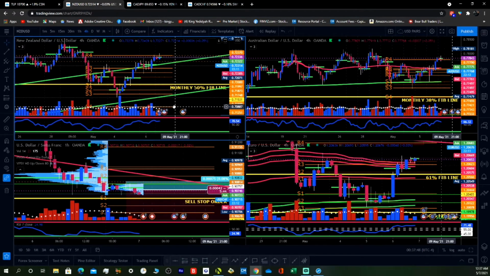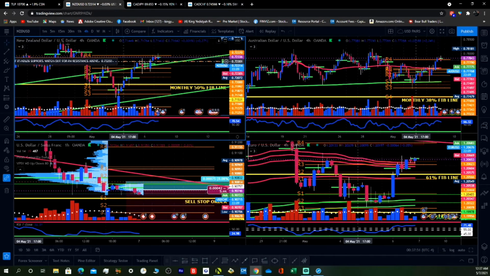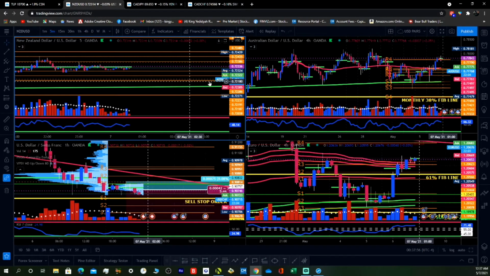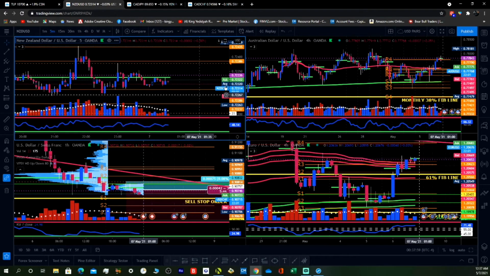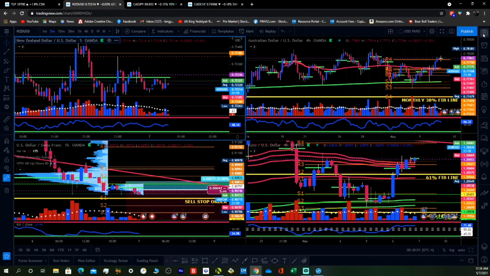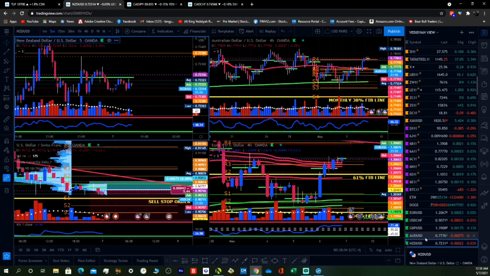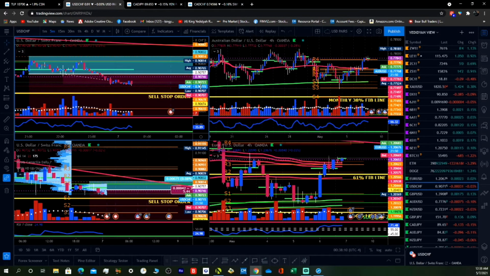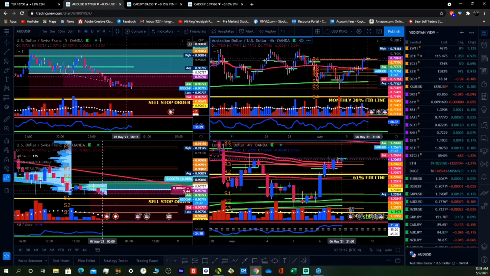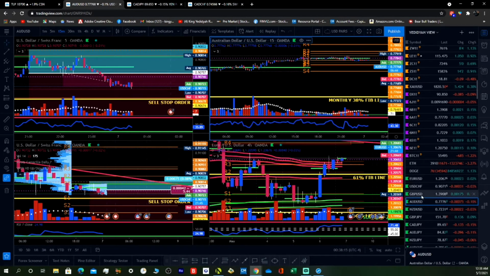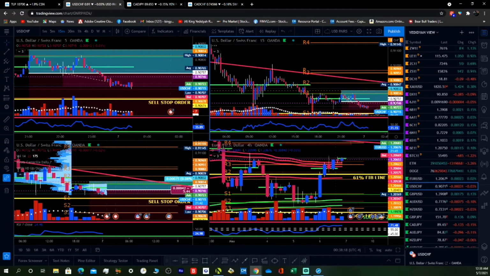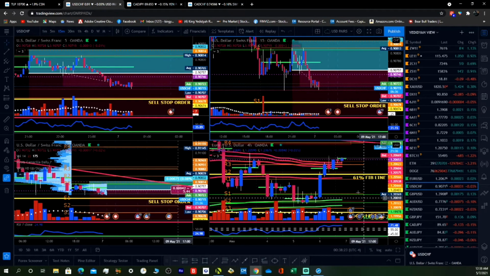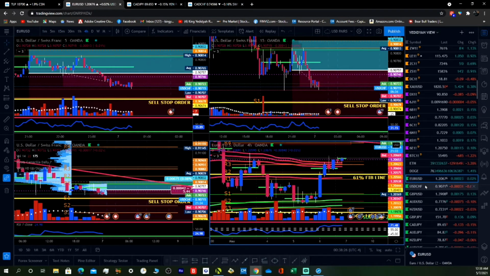And I usually have all these charts. I look at different time intervals. So this would be my 5 minute for the USD Swiss. But then I have to go over here. Let's see. USD Swiss, right? And this is how I have them set up. So that's the 5 minute. That's gonna be the 15 minute right there. And then this is the 4 hour.